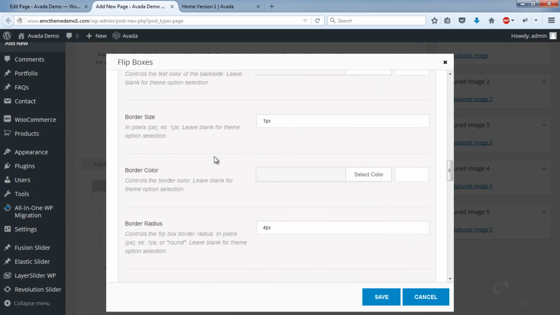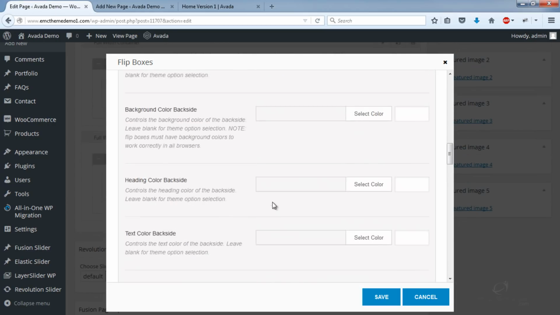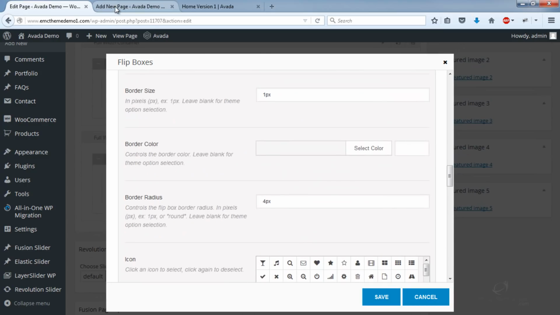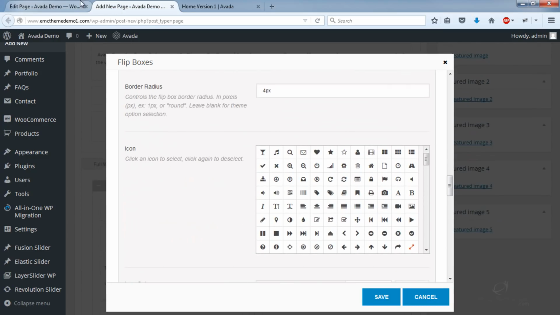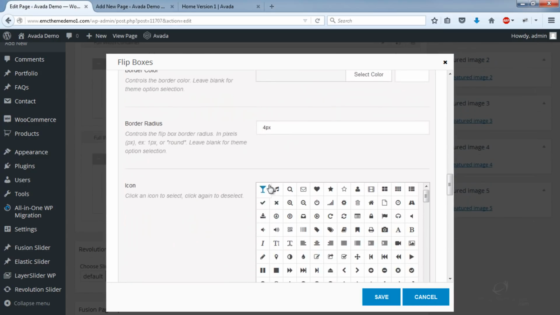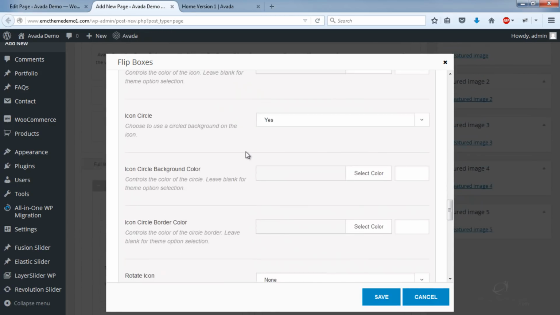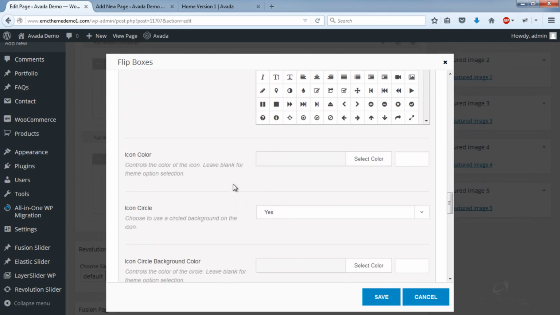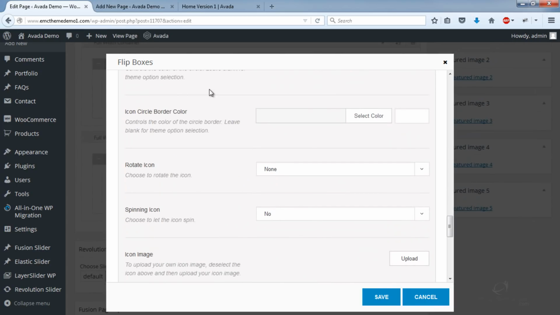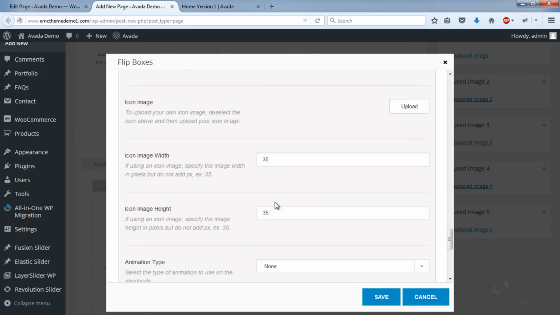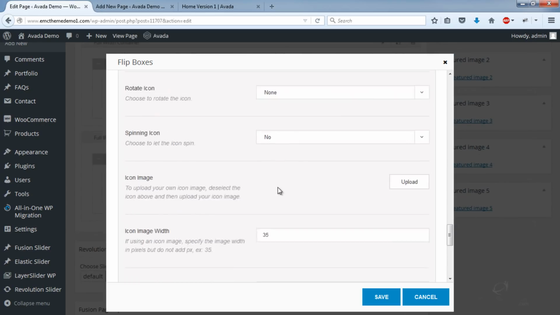You can experiment with all the other settings if you want. And you can choose an icon.